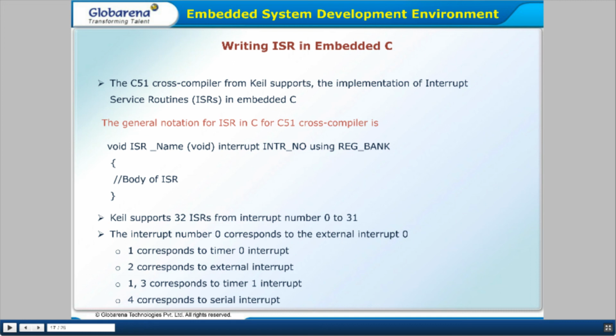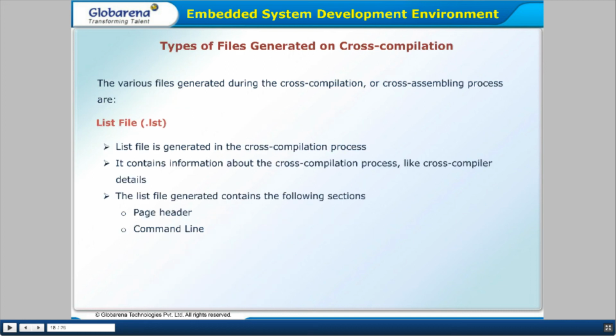Interrupt 0 corresponds to external interrupt 0. Interrupt 1 corresponds to timer 0 interrupt. Interrupt 2 corresponds to external interrupt 1. Interrupt 3 corresponds to timer 1 interrupt. And interrupt 4 corresponds to the serial interrupt.